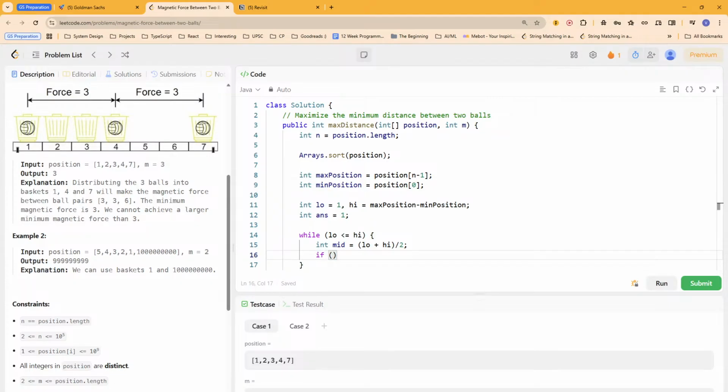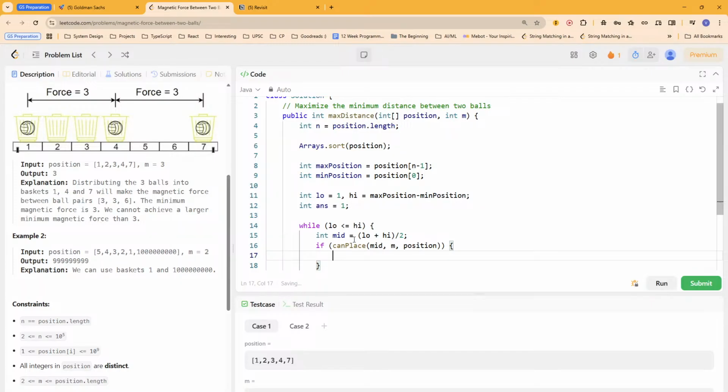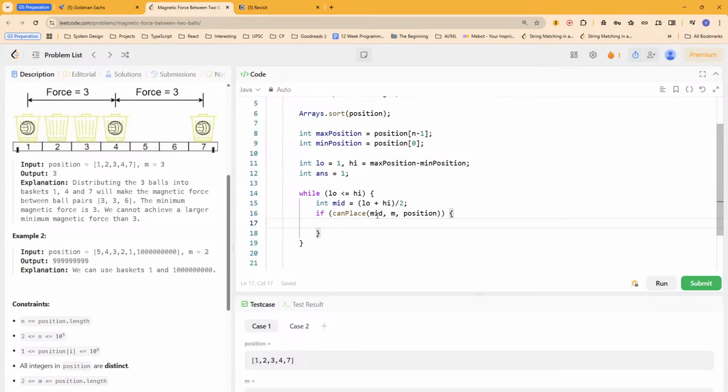So what we will try to check is if we can place all the m balls at least mid distance apart. So let me write a different function where we pass the position array and the number of balls. If we are able to place the balls at this mid distance,